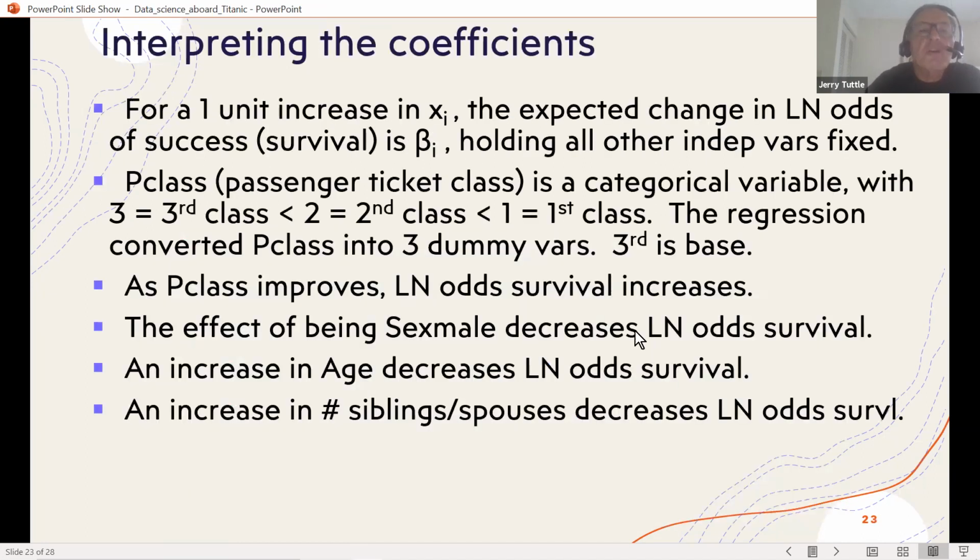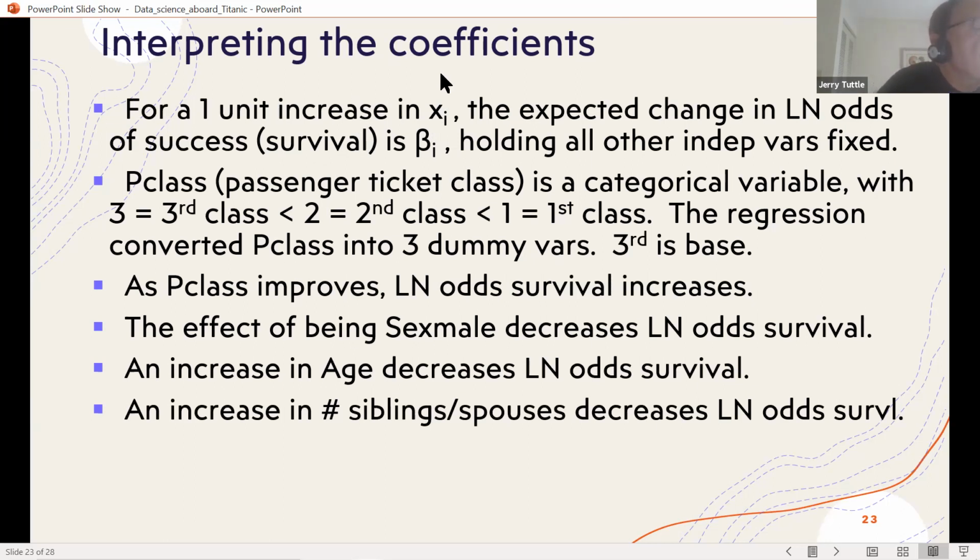And now let's think about interpreting the coefficients. In linear regression, the interpretation of the coefficient is it's the marginal change in the dependent variable, holding all other independent variables fixed, for a 1 unit increase in that independent variable. It's not exactly the same in logistic regression because